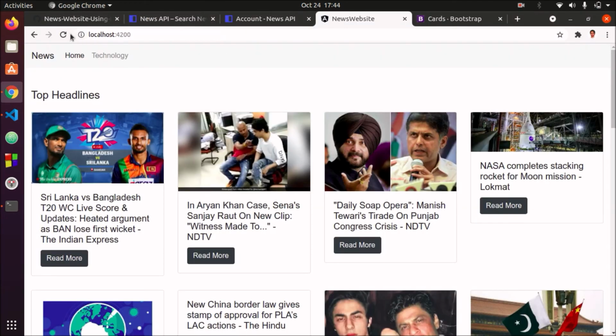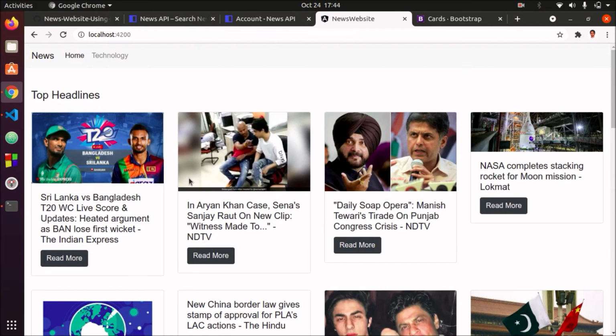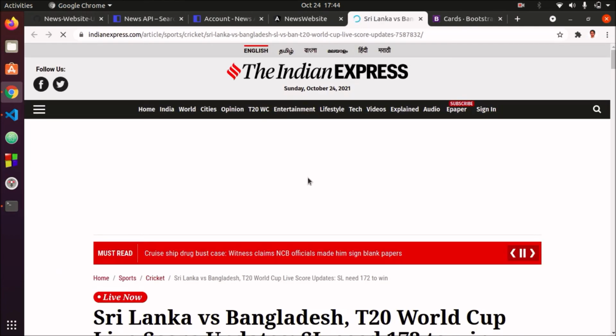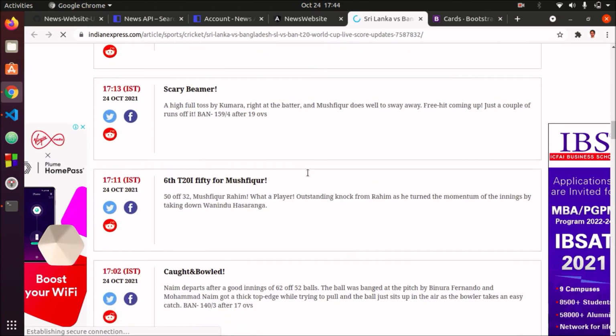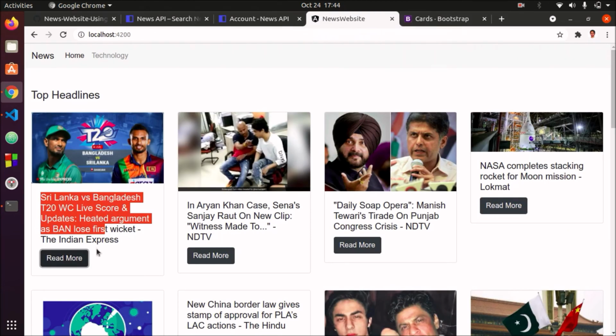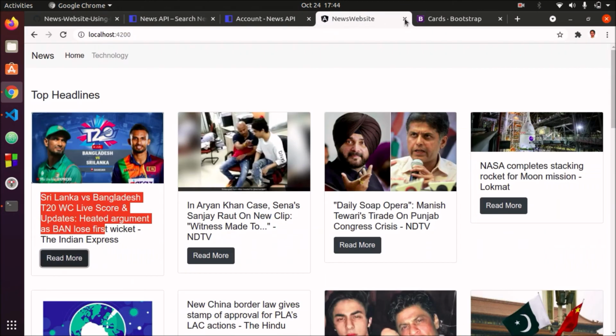Let's see the output. So we have created a first page of our website. We are getting the news from the news API, and we are showing the headlines. We are showing the title and the headlines. So let's click on read more, and we will be going to the actual articles from where we can read all news, complete news. We can read by clicking on the read more button. So it's working. You might have used an app called InShorts which does this kind of thing. So we have done this.